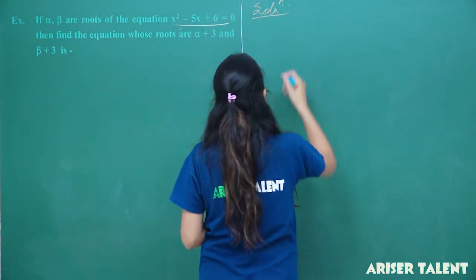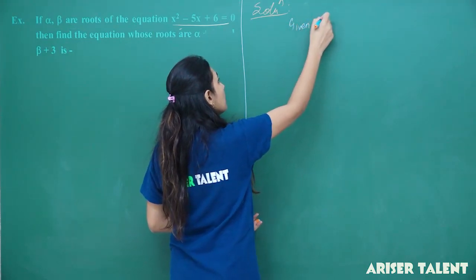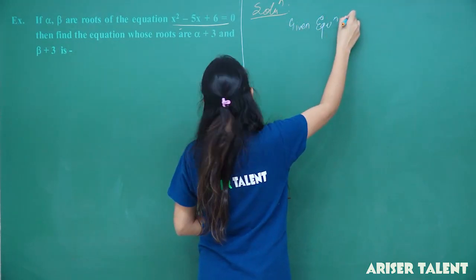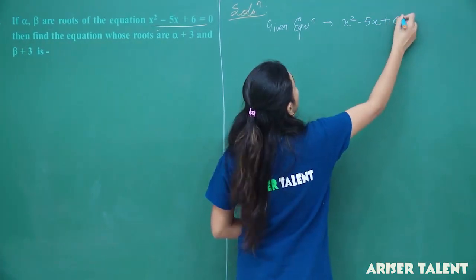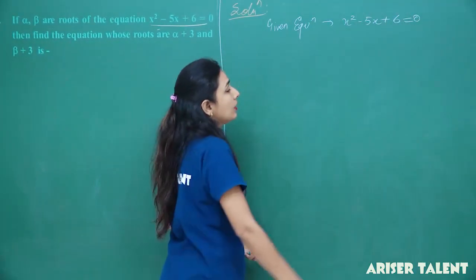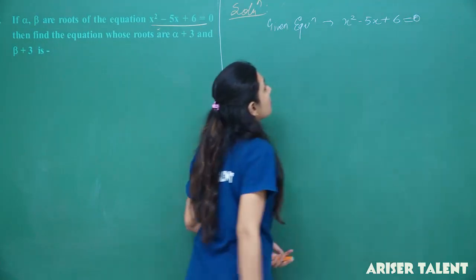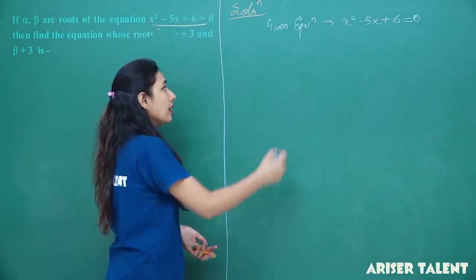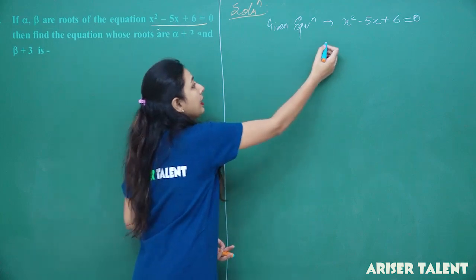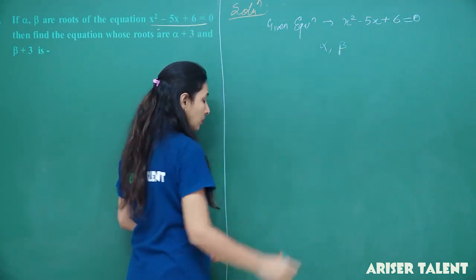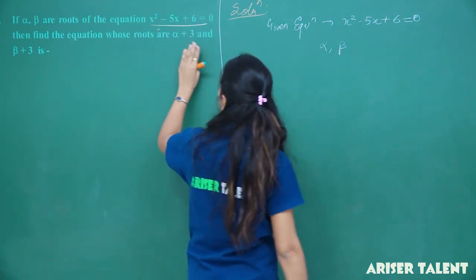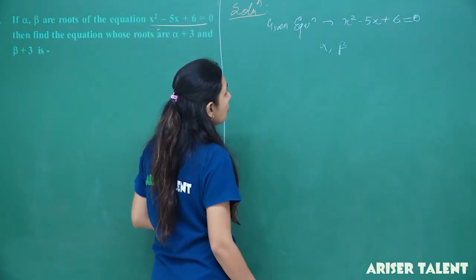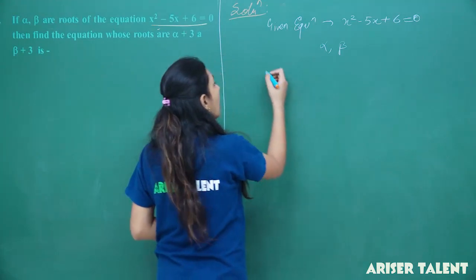We have the given equation x square minus 5x plus 6 equals 0. Now if it is so, you have to find the roots alpha and beta. Students, if the roots are alpha plus 3 and beta plus 3, so you can write x